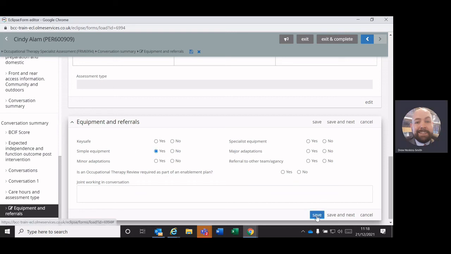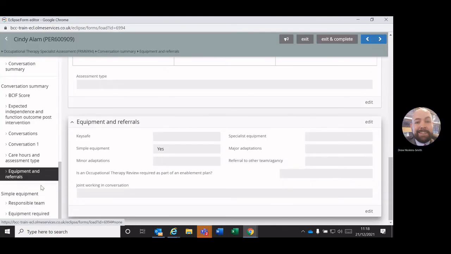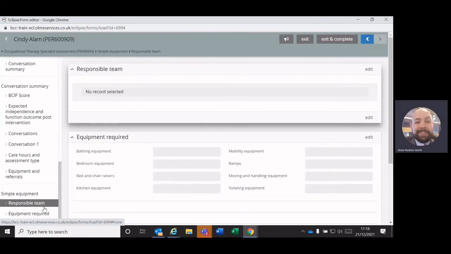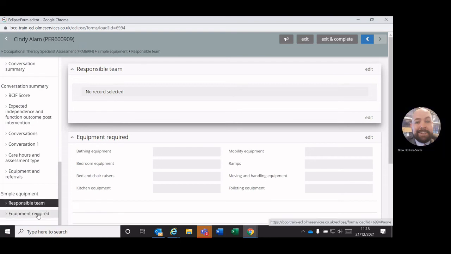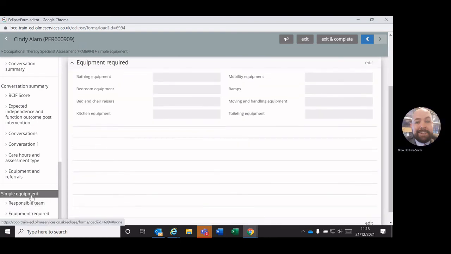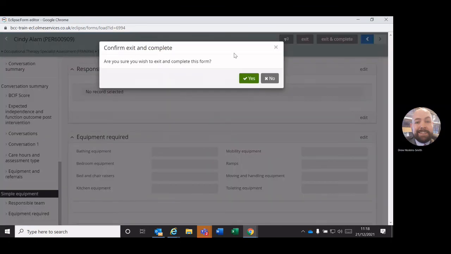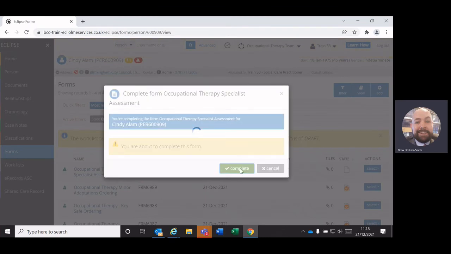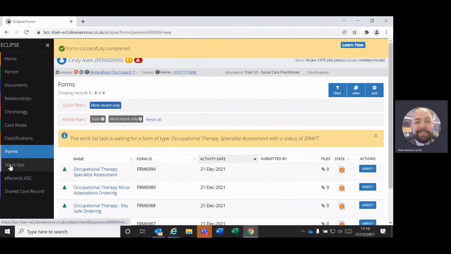If you click yes and save that, like with the contact assessment, this will just appear again. If we exit and complete, again we'll click yes and complete. If we go into our work lists,